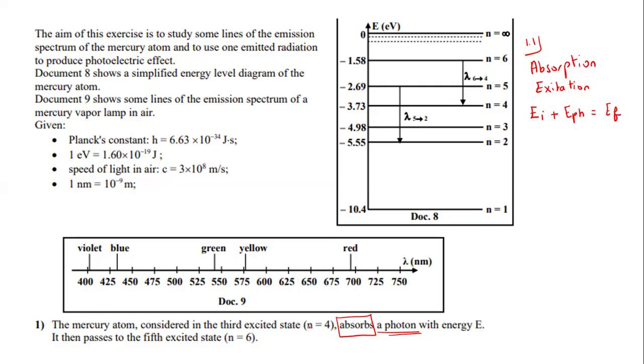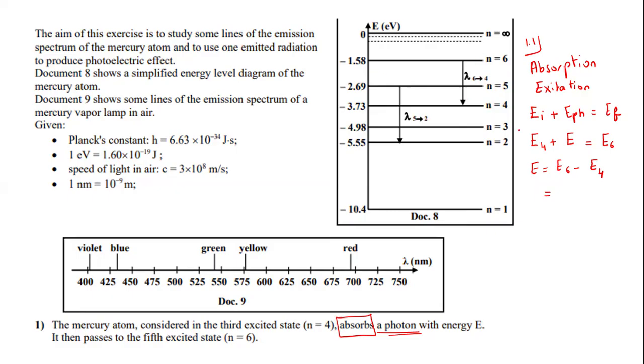Now, here it tells us it was in the third excited state, which is E4. So then this is E4 plus E of the photon, which they gave us and called E, and it will now be in the fifth excited state, and this is E6. So the question is to find E of the photon, then E is equal to E6 minus E4, which is equal to E6, which is minus 2.69,